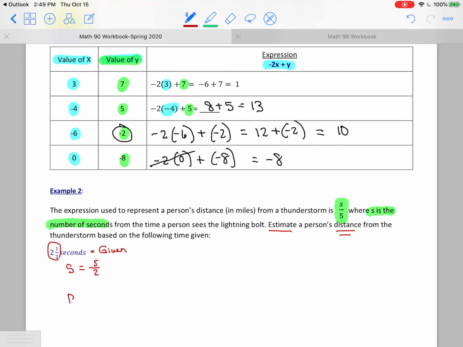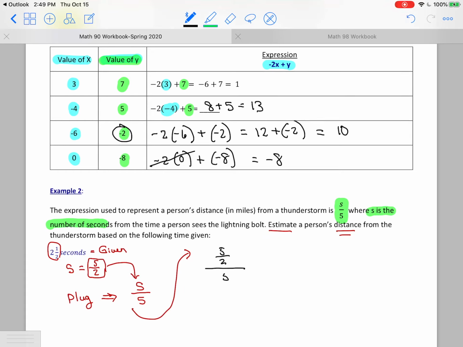And all we're really going to do now is plug the value into our expression. So we have our original expression, s over 5, and we are going to be plugging 5 halves in for our s. I want you guys to really start to practice writing vertically. Do your work one after the other in a vertical fashion, not a horizontal fashion. So this is going to be 5 halves